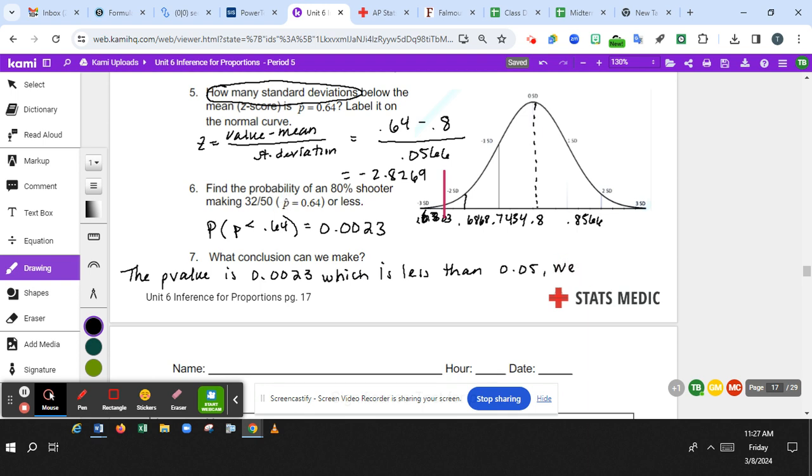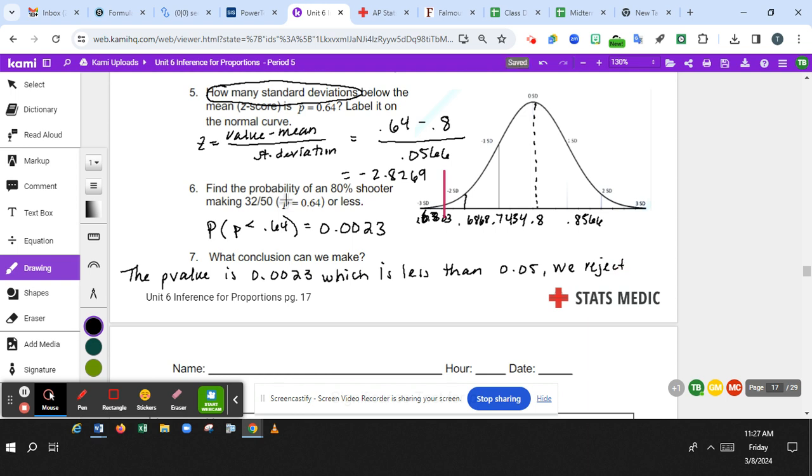Now remember, we do not accept anything in stats. We reject or we fail to reject. So because the p is low, we reject the null hypothesis, or we reject the H0. So the p-value is 0.0023, which is less than 0.05. The p is low, so we reject,